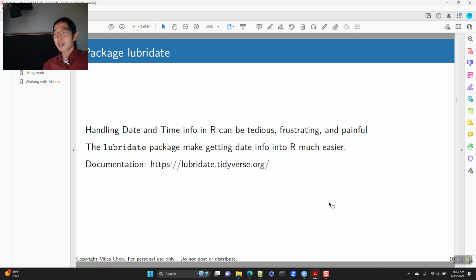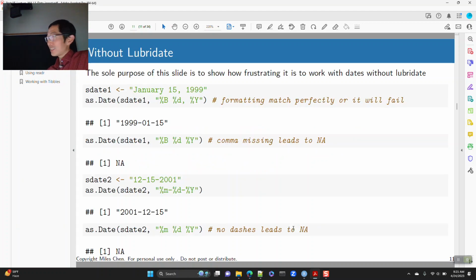So anyway, working with dates in R used to be very, very frustrating until Lubridate came along, and it made things much, much nicer. Okay, this slide, don't even bother with any of the code on this slide. The only reason I included this slide and the next slide is to show you how much of a pain it was to work with dates in R. Before Lubridate, there was a function in R, and it still exists. It's called as.date,